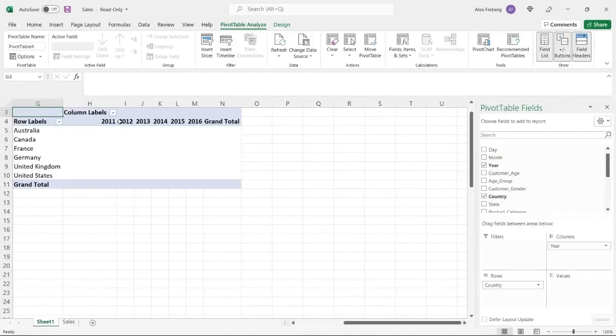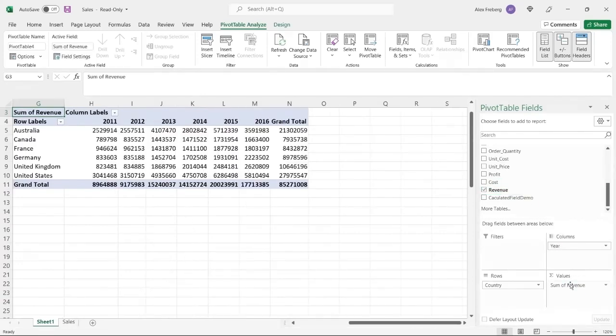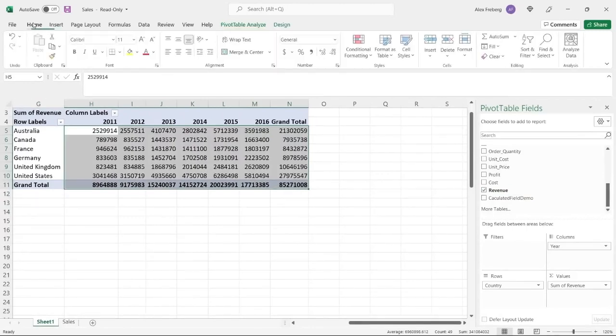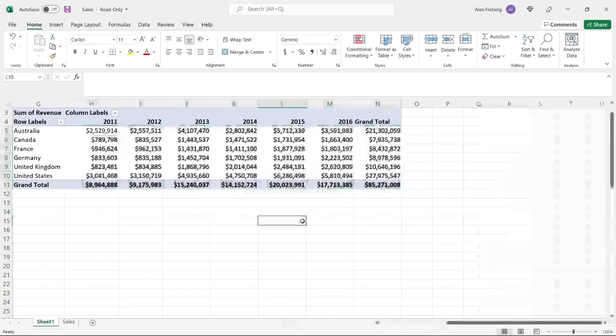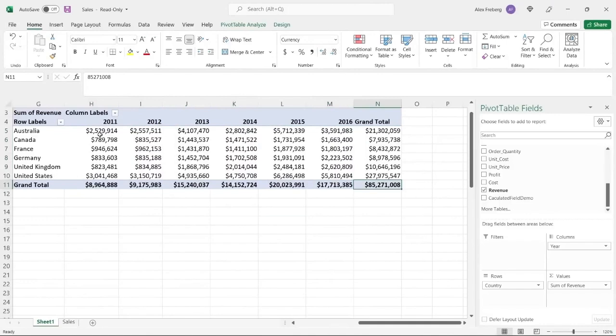And so now we have 2011 through 2016, and we want to look at our revenue. Let's put our revenue right down here. And now we have all of our revenue. Now let's again make this into a currency, just like that. And super quickly, now we can get a really quick glance at how Australia was doing each